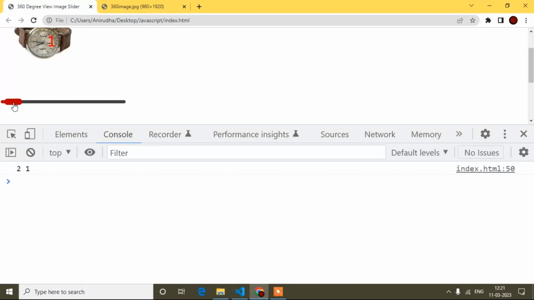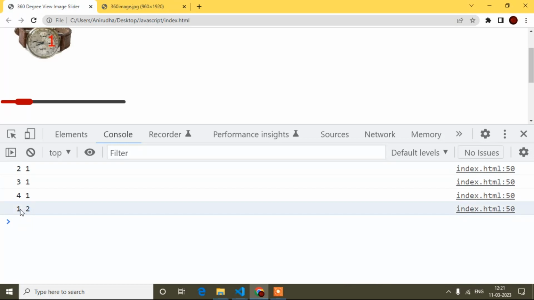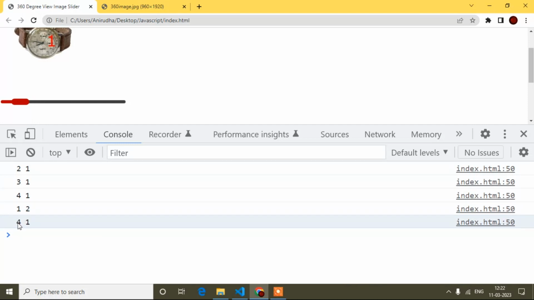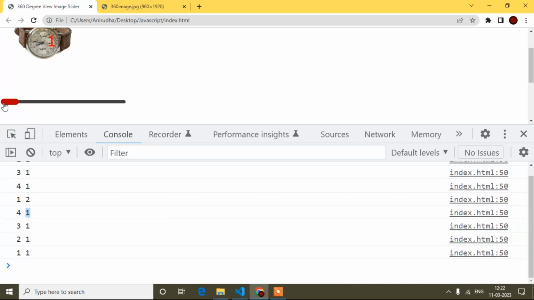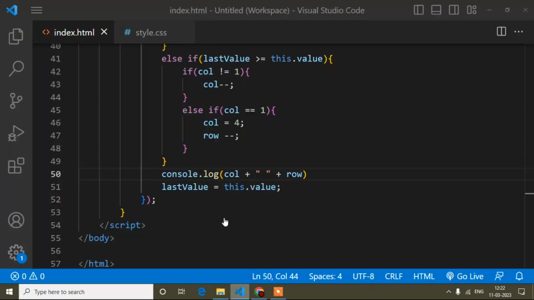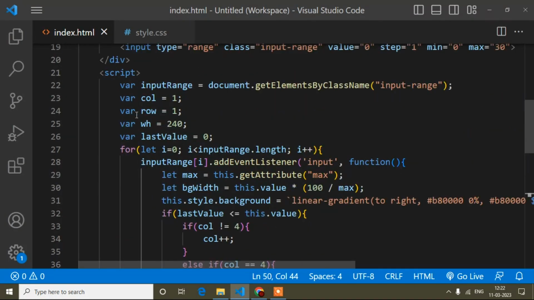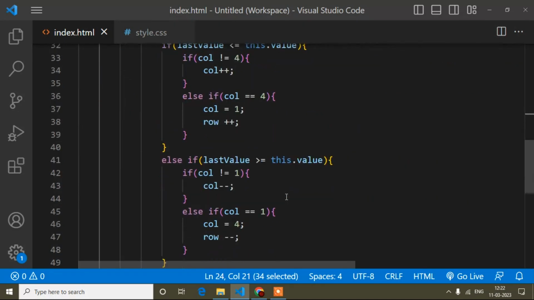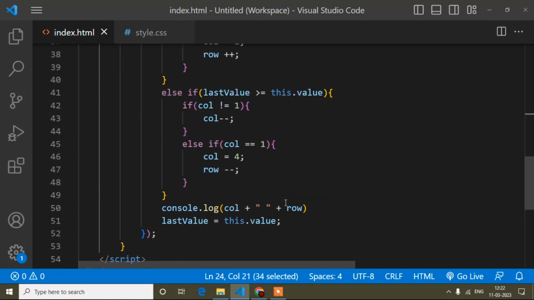So here 2, 1, once 4, then col 2 and it comes 1. Okay, sorry, row 2 and col 1. So if I decrease, see, if it is 1, then col comes to 4 and row is also 1, like this. Now both are 1, meaning initially I declared 1, right? So this way I can get it.